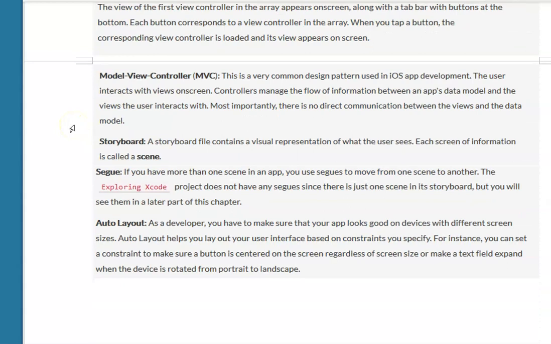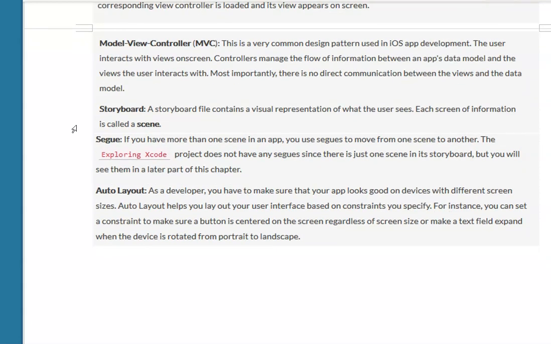Model view controller is used to set up the connection to the database. Storyboard contains a visual representation of what the user can see. Each screen of information is called a scene. Segue: if you have more than one scene in an app, you can use segues to move from one scene